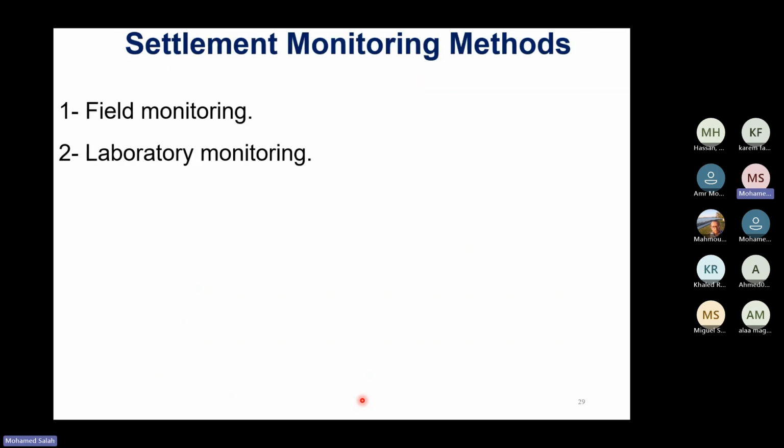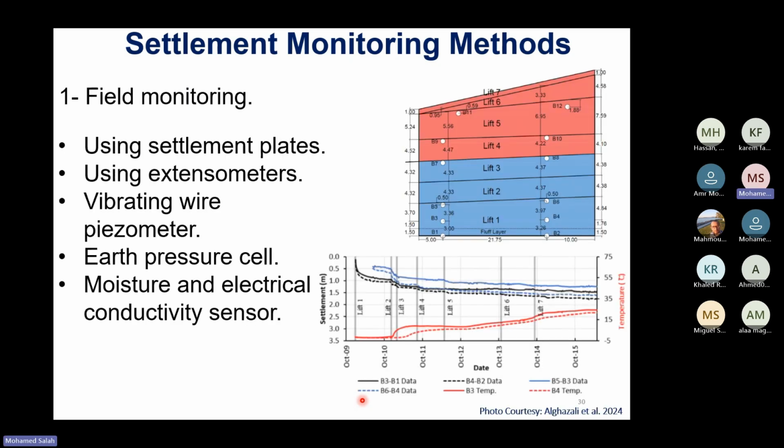So after we saw the different factors affecting the waste settlement, let's see how we can monitor the settlement of waste. From a research point of view, we can do monitoring in the field or in the laboratory. So in the field, as we can see to the right, this was a field monitoring case study reported in 2024,